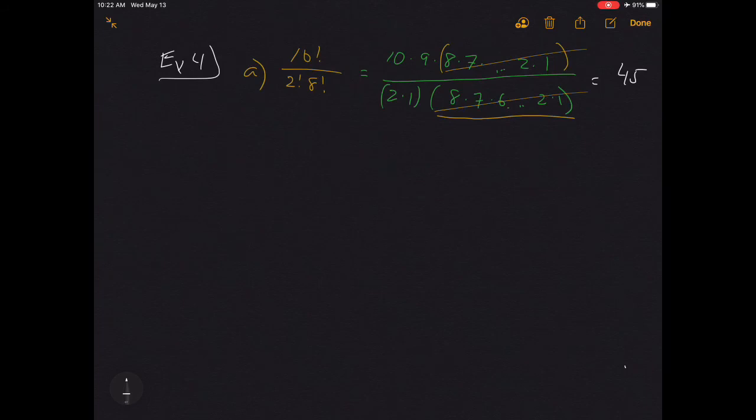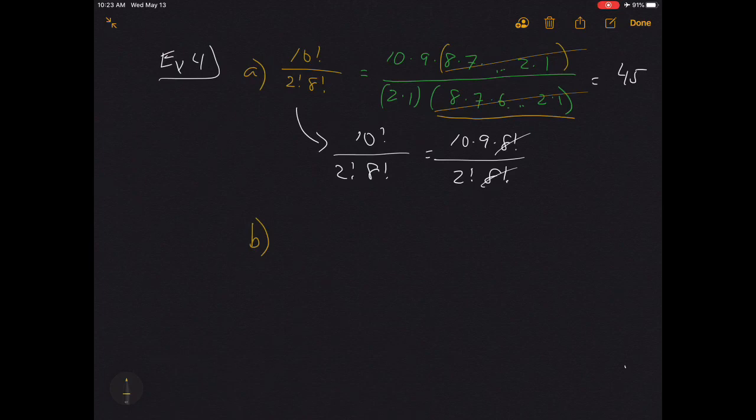So one thing you should be able to recognize is, since I had that 10 factorial on top and the 8 factorial on the bottom, we'll leave the 2 factorial there as well, I know that 10 factorial is going to be the same thing as 10 times 9 and then times 8 factorial. So I could have written it like this. And then you can clearly see that those two things would go away. And then you're just left with the 10 times 9 over 2 factorial, which again is 45. If you can't see it that way, obviously you can write it out, but this is obviously done for much larger values of factorials. And then what we're getting ready to do here in part B,